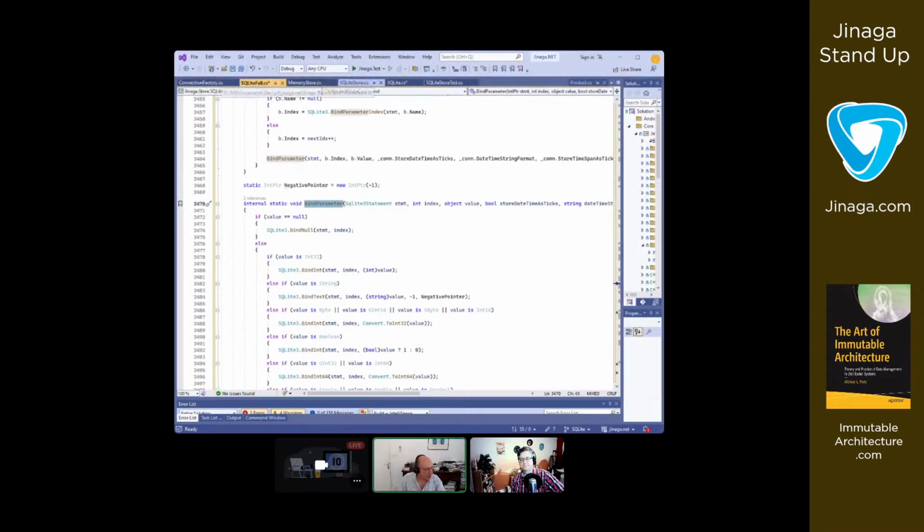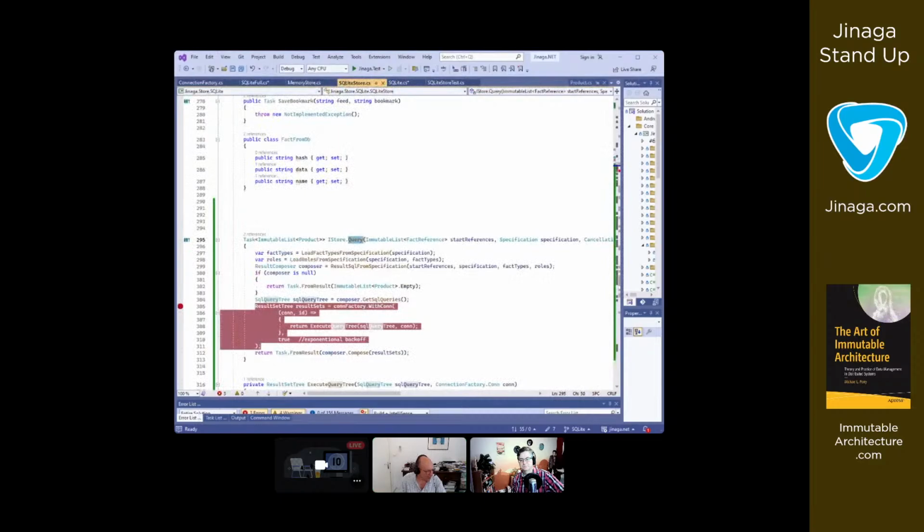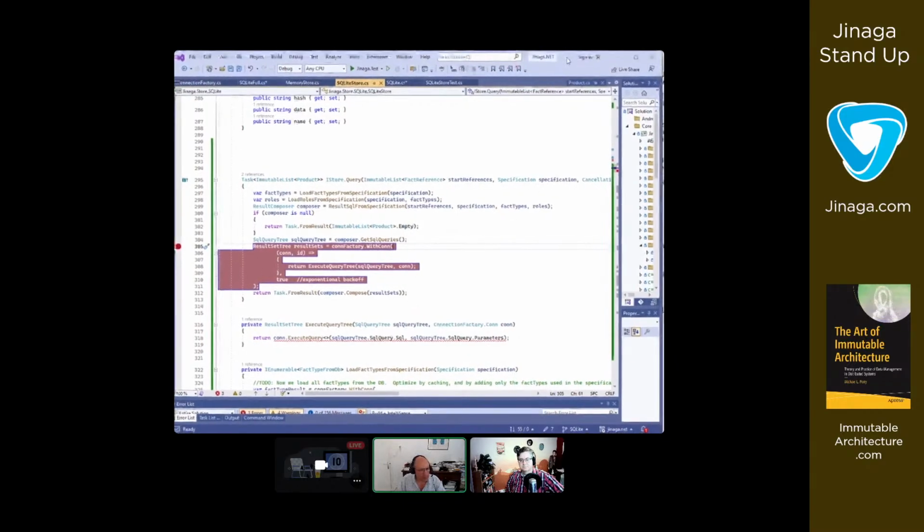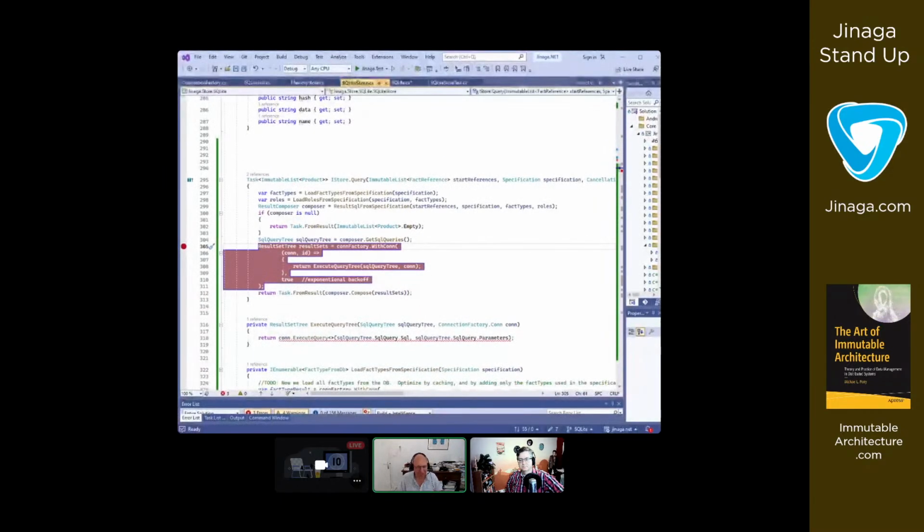Okay, so the SQLite store. What we had a long time ago was for the very simple cases. For the simple cases, we had the SQL query tree, which just contains one SQL query with the parameters.